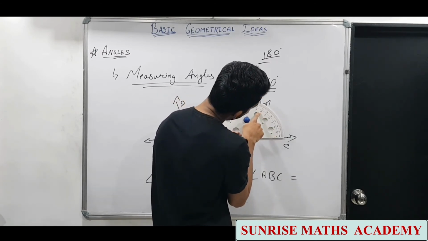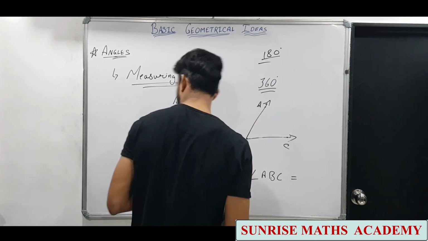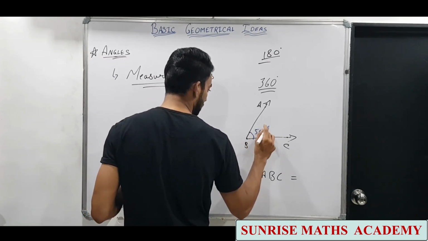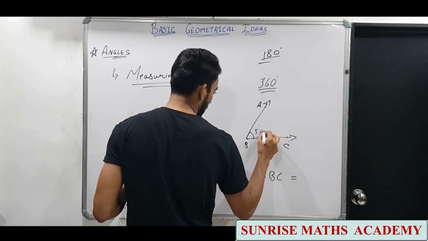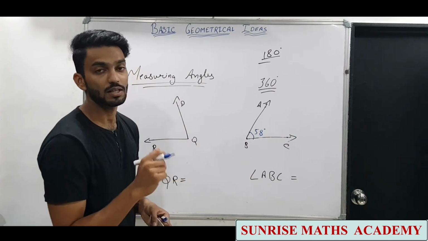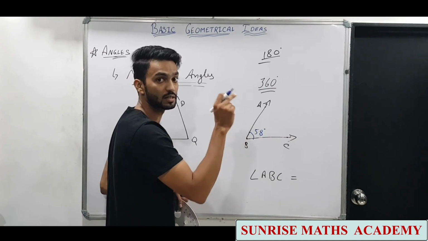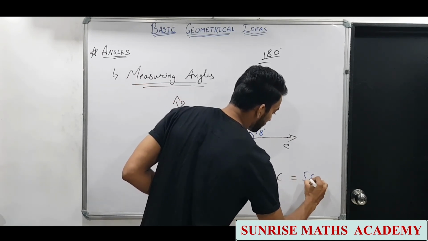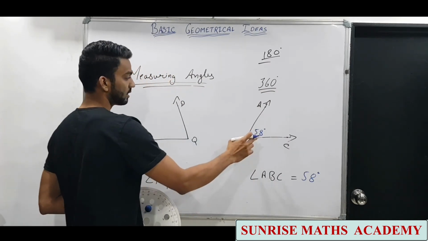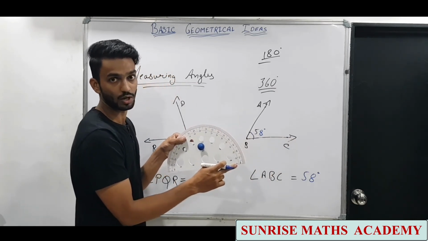It is coming up somewhere more than 50, 57, 58. So it is 58 degrees. Now I have written 58 degrees. We have seen when we were seeing the naming of angles, I gave numbers. Here I have given a number, but with a degree symbol. So that's the measure of the angle. That is not the name of the angle. So that's about 58 degrees for this angle. The ray was going to the right side, so we took the scale starting from the right side.